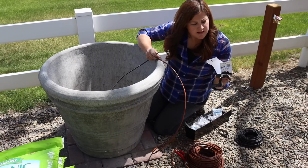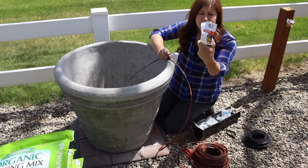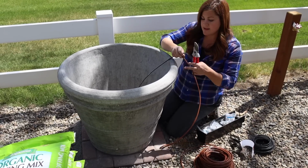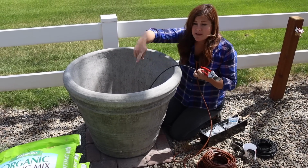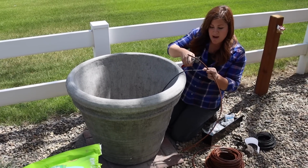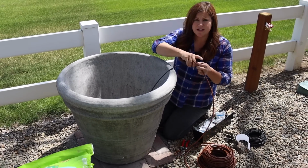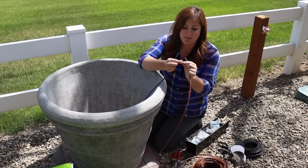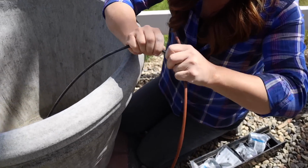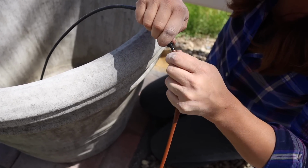So this is a 100 foot roll of 6-inch dripper spacing 1/4 inch drip line. This is brand Dig Corp. And so we're gonna try this and do a circle, and maybe do a couple circles around the top of the pot, because I think it might be a little bit better for spacing or for saturation. And all we need is 1 straight coupler. So this is the 1/4 inch coupler here. We have to put it into the end of the 1/4 inch black and then right into the end of the 1/4 inch brown,